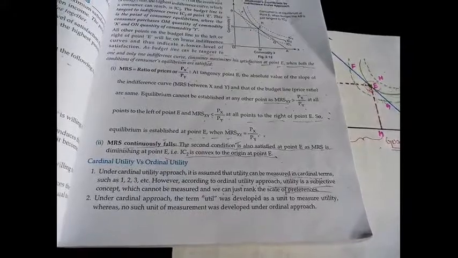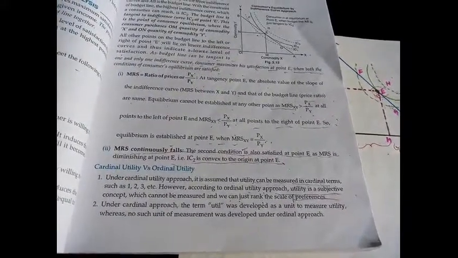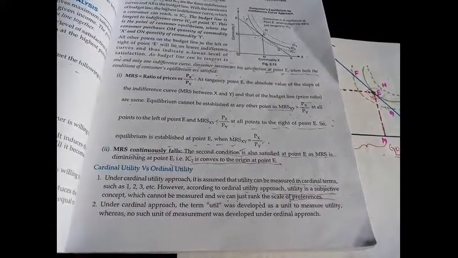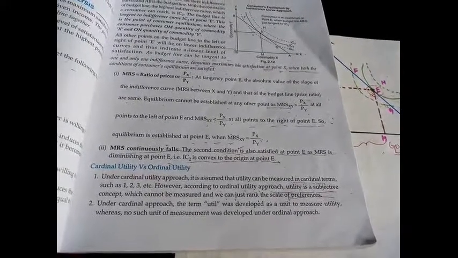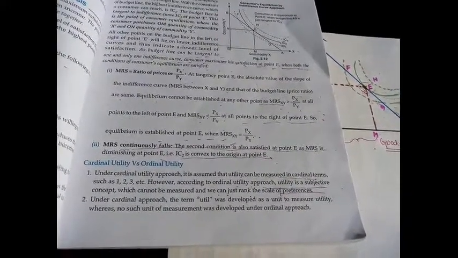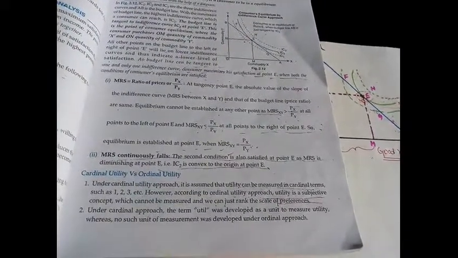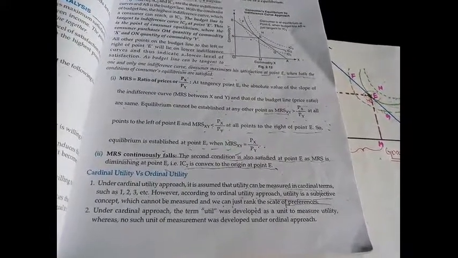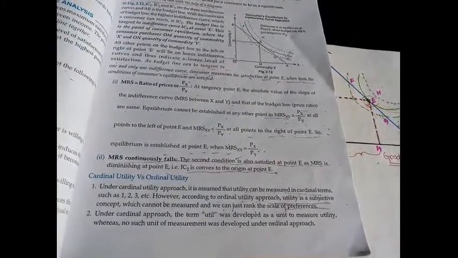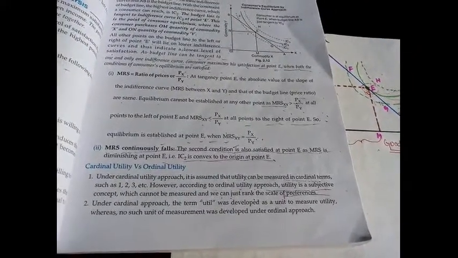But if I ask you to compare, you have eaten one mango, one apple, and I ask from which fruit you got more satisfaction, then you can tell, okay, I like apple more than mango, or I like mango more than apple. So ordinal utility tells that goods can be compared with each other,